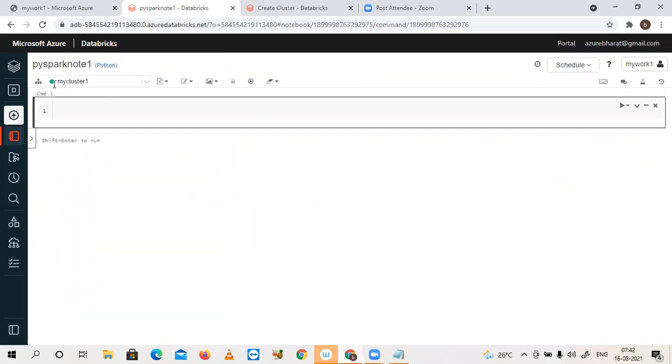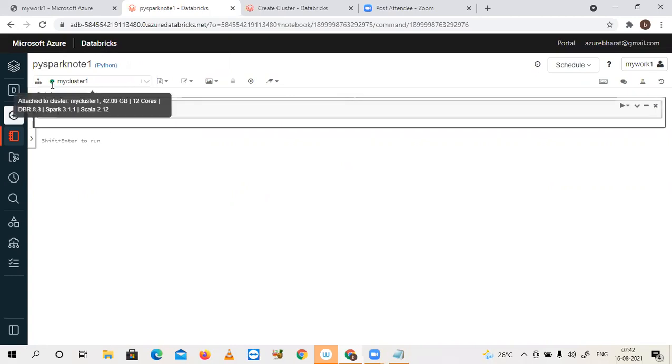Observe this symbol on the top, in the second line. All of you observe my cluster name, my cluster 1. The green color is here. Got it? The green color is here. That means the cluster is already started. The first time you launch, to start up that cluster and engage nodes to the cluster, it will take a few minutes of startup time, maybe 10 or 15 minutes.